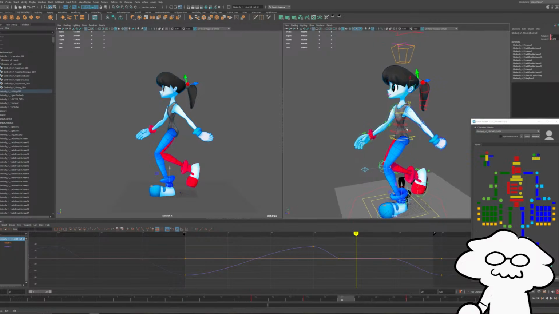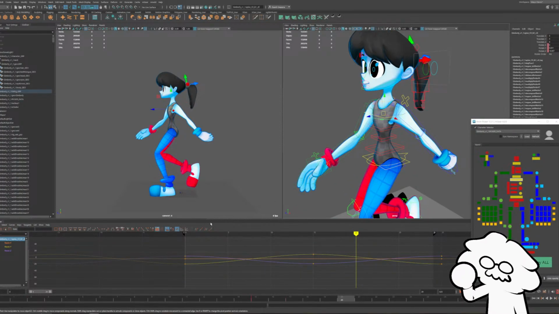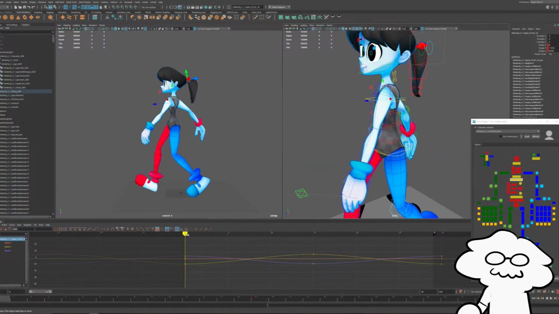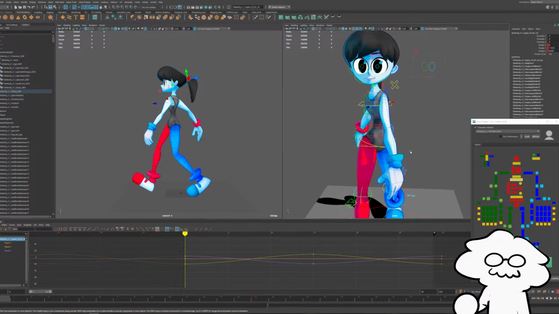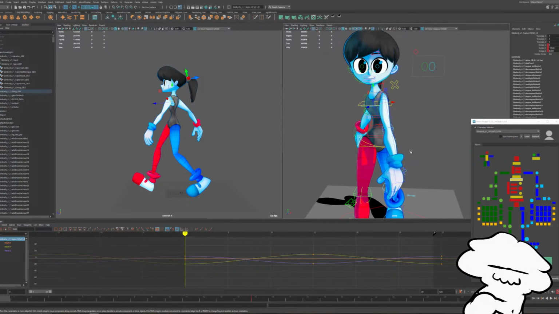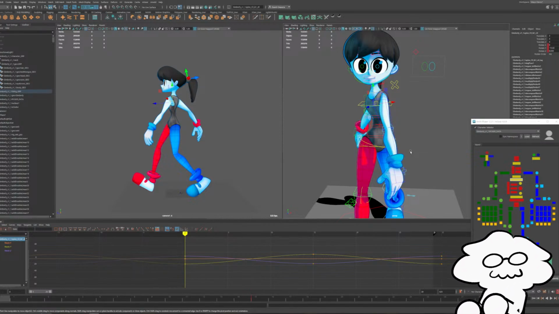So let's mess with the upper body here. Same principles that we had with the arms dragging behind the upper body and the upper arms movement. We'll do the same with the upper body and the hips so that they bounce a little bit.